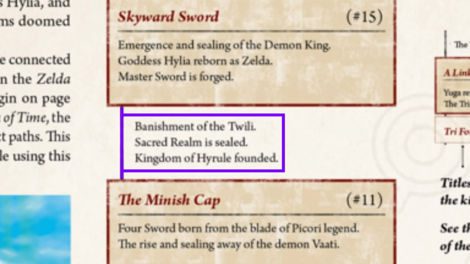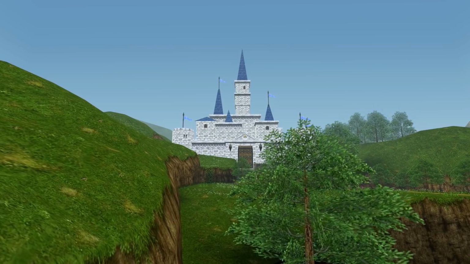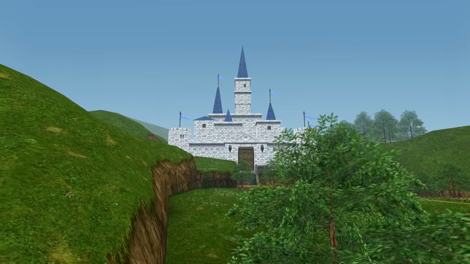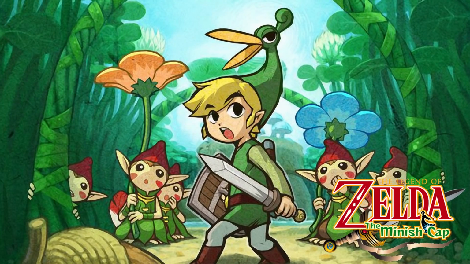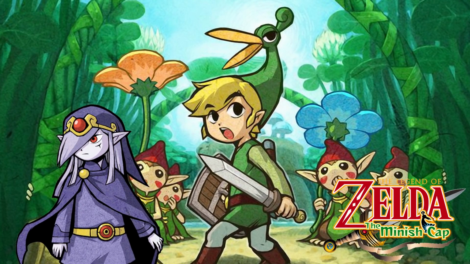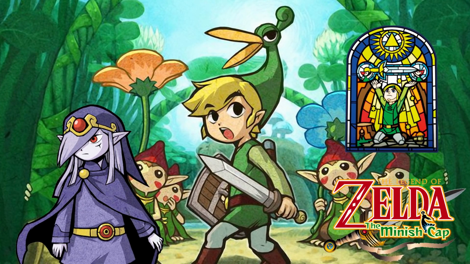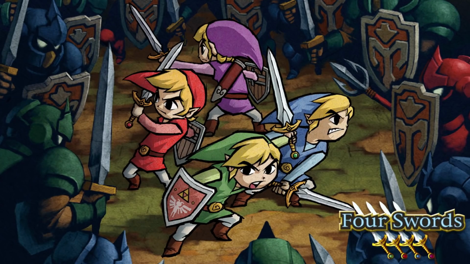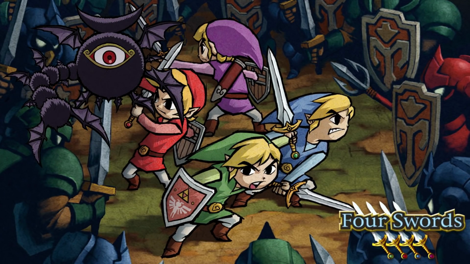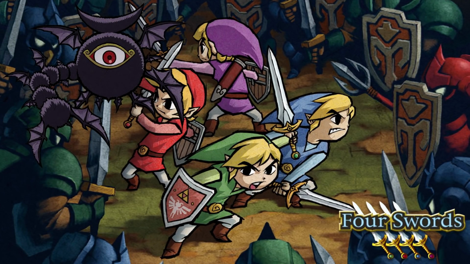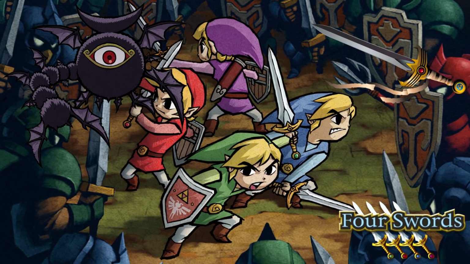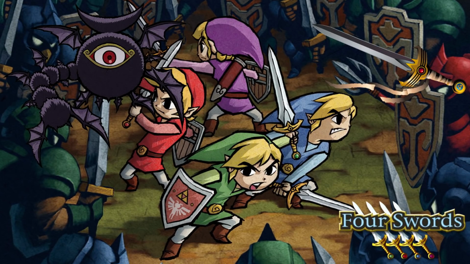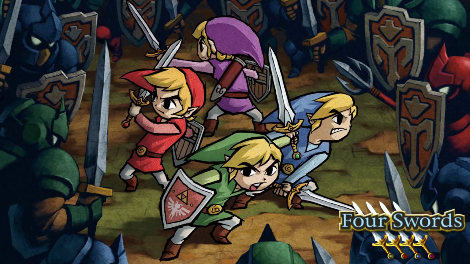Now there were some back and forth funnies that went on after returning to the surface, and then the Hyrule Kingdom was established, and the rest is history from here. Literally. The Minish Cap, Vaati's first appearance, the Light Force, and our second chosen hero Link. Four Swords, Vaati's resurrection after his defeat in Minish Cap. Link uses the power of the Four Sword to split into 4 versions of himself to defeat Vaati and seal him in the Four Sword.